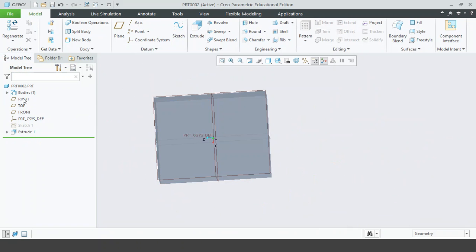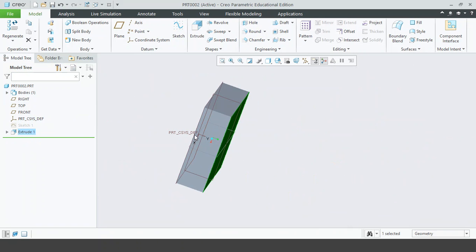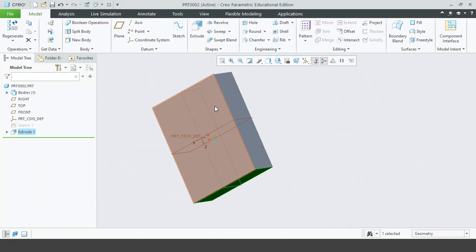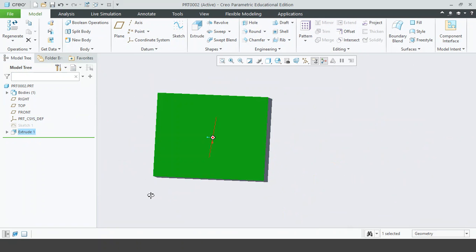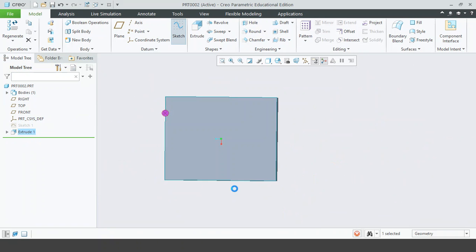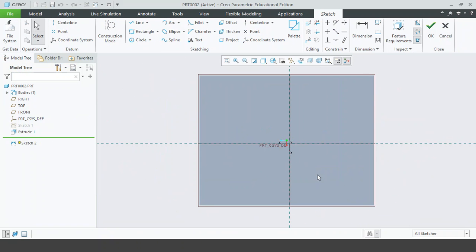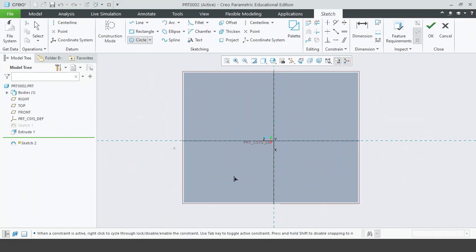So now, instead of selecting a plane, we'll instead select a surface of the solid that we just made. As you see here, if you click on it, that surface you click on should turn green. And once you click on a surface, you can then click sketch again. And once again, it'll go into sketch view. And then we're going to select the circle tool. And in the middle of that, or anywhere you like,